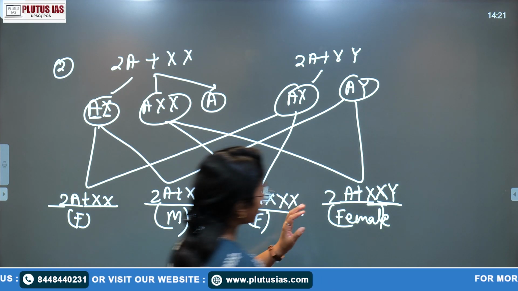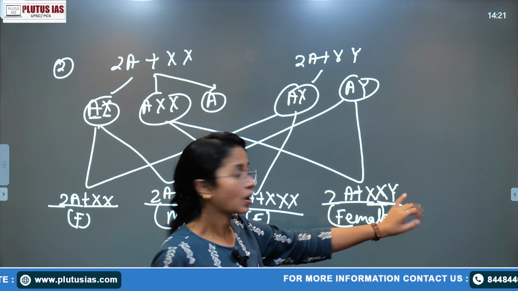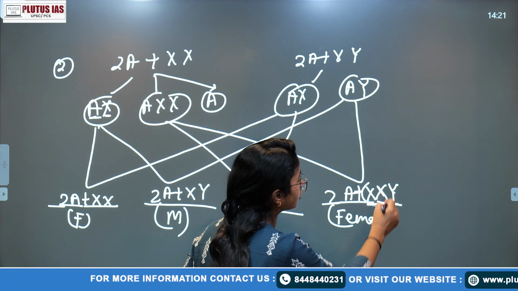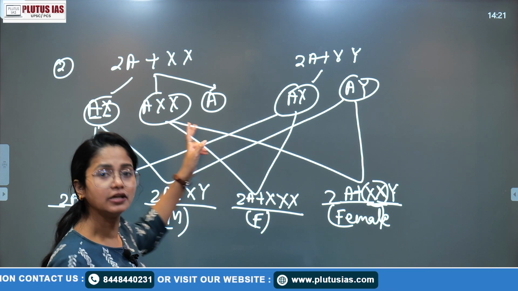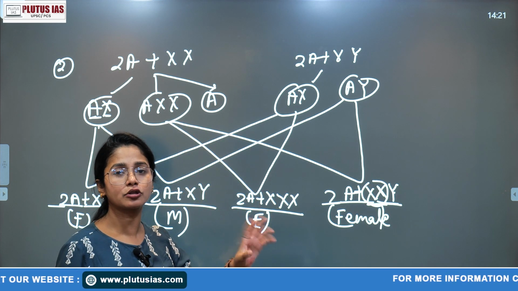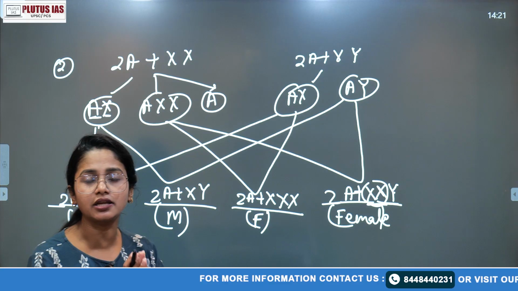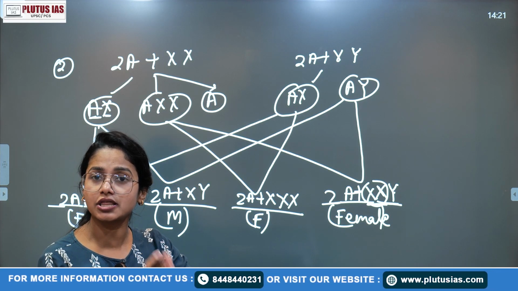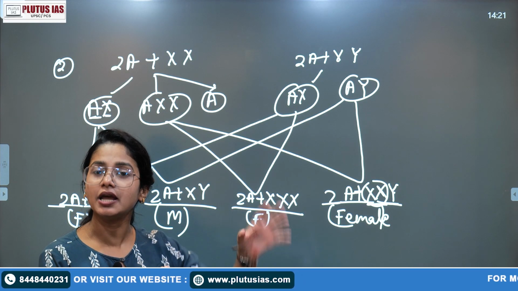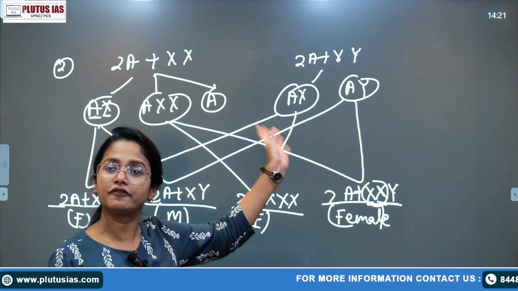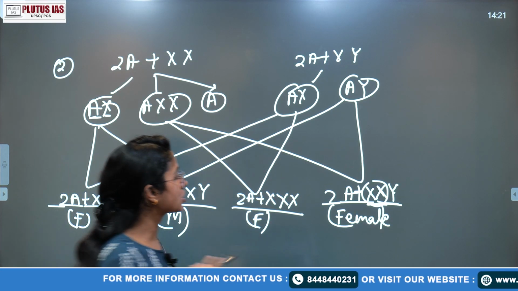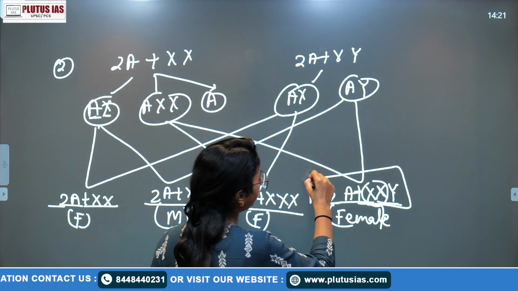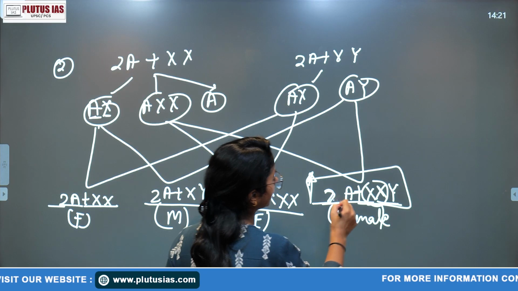That means in this scenario, even if the Y is present and the two X chromosomes, these two X chromosomes are coming from the same parent, right? We have written this. If the X chromosome is only deciding the gender or the sex, either it is coming from one parent, like only from the mother, or from mother and father both. So this is something very interesting. Here a female is being formed, okay.